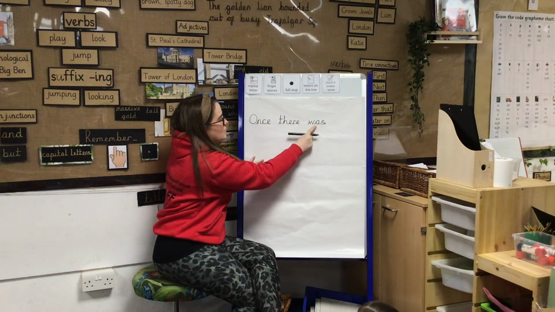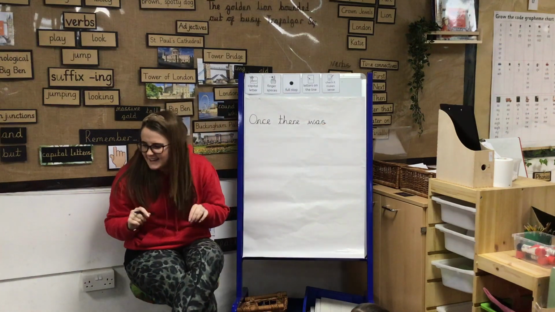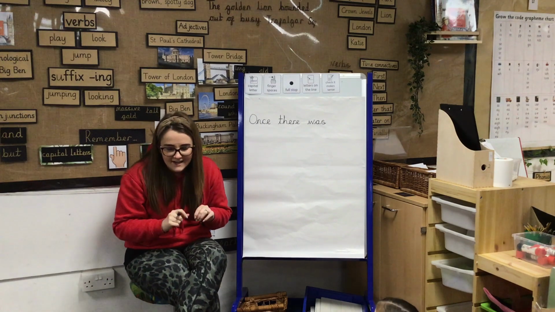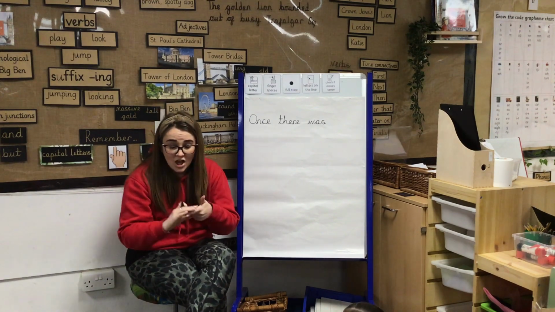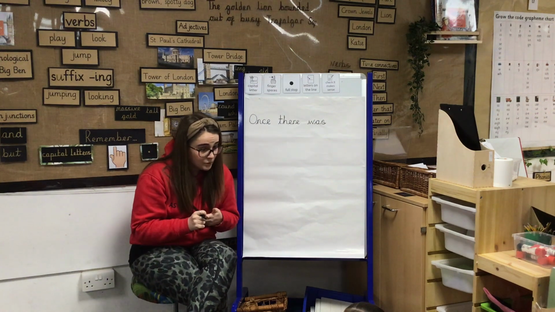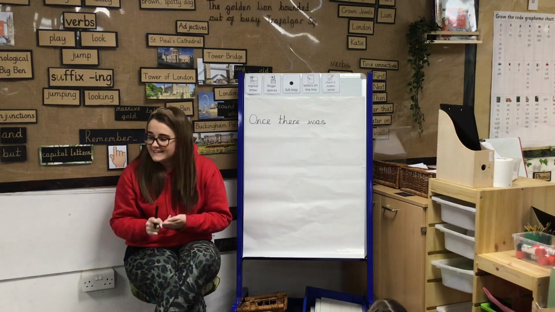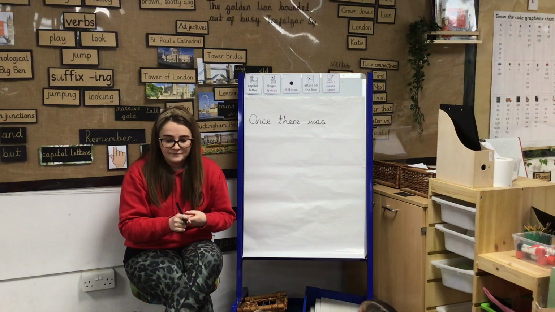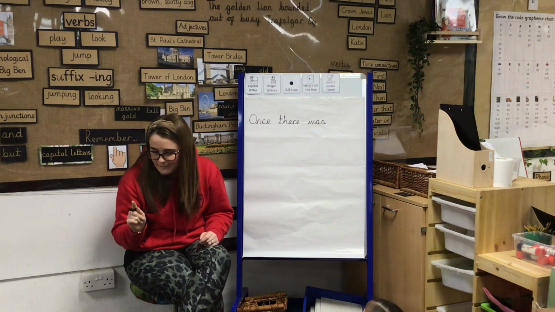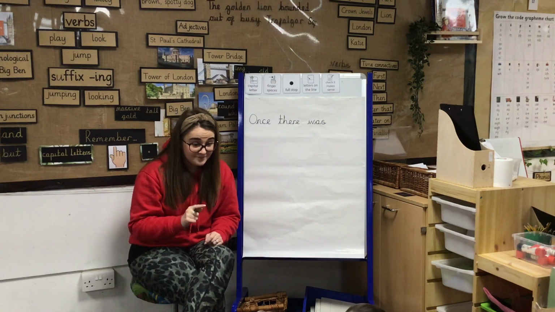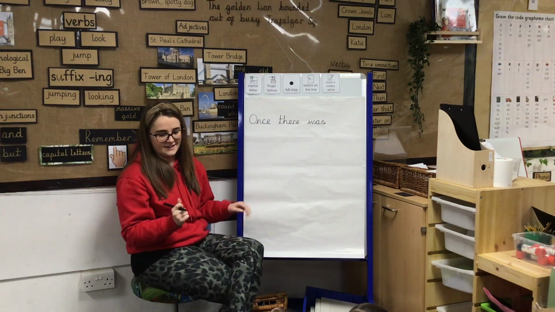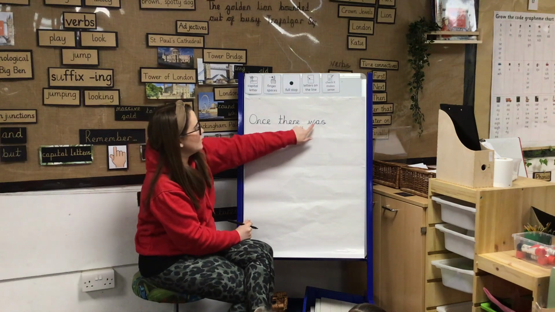Once there was. Okay, and I need to introduce the characters in our story. I need to introduce Katie, her grandma, and her little brother Jack. And I need to say where they were going. I need to remember my capital letter for London because it's the name of a place. Excellent. Okay, so once there was